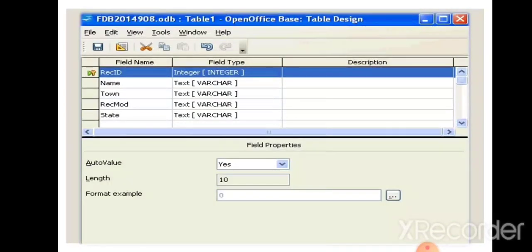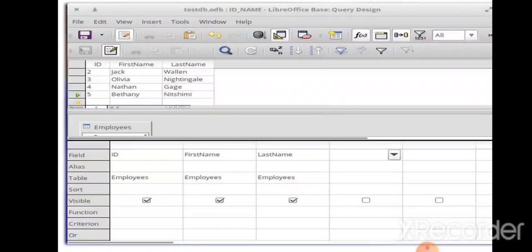When you create a table, this is the design of the table. You display the field name. Also you declare the data type. Data type is also called field type. This is your table design. Now we go on to queries. What we choose for a query will display on your